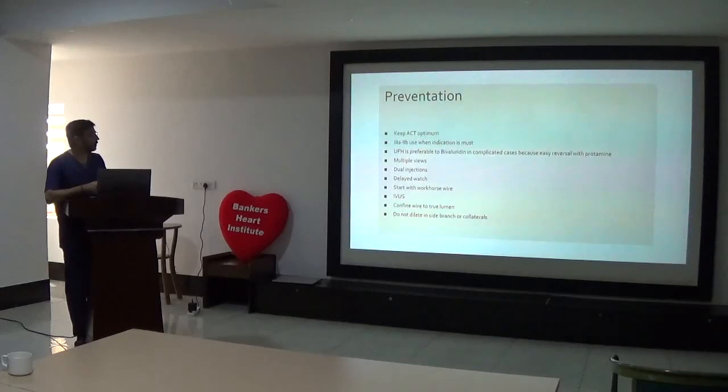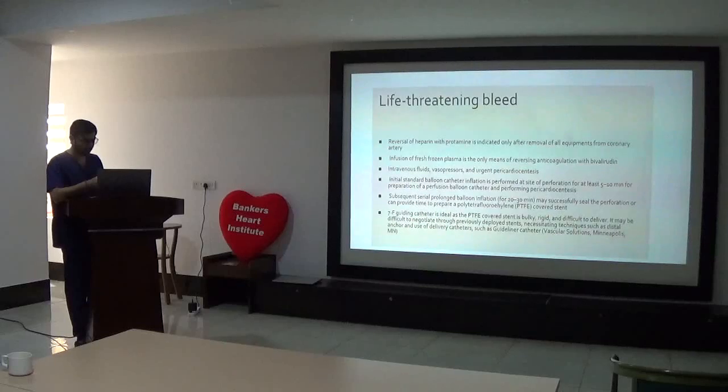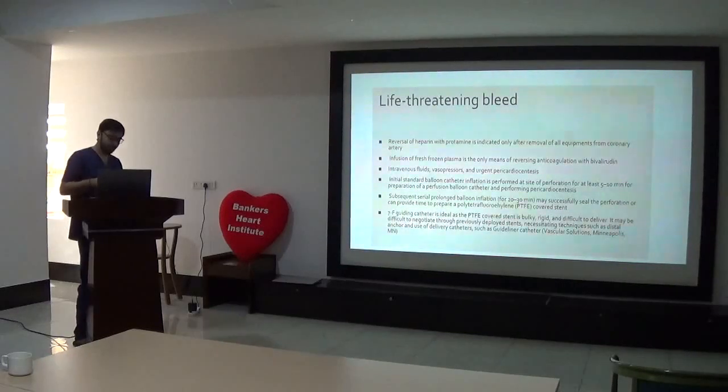ACT should be optimal. With a GP2B3A inhibitor or unfractionated heparin, we have to give protamine for reversal. Otherwise, we use a direct thrombin inhibitor, because it is short acting. We have to make sure of multiple views, and use dual injection, dual catheter, some kind of wire. Intracoronary imaging is needed to rule out, and a wire to confirm true lumen or false lumen. And for side branch or collateral, many times we need not do any kind of